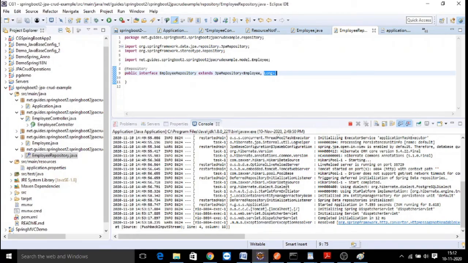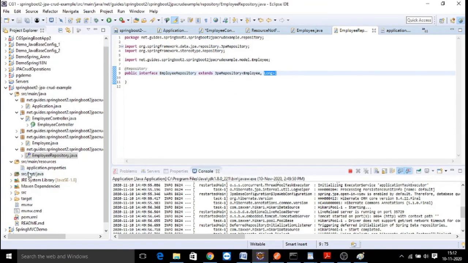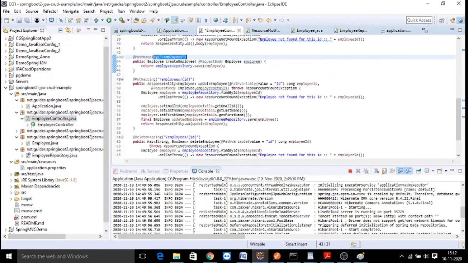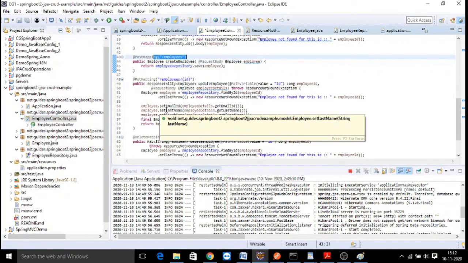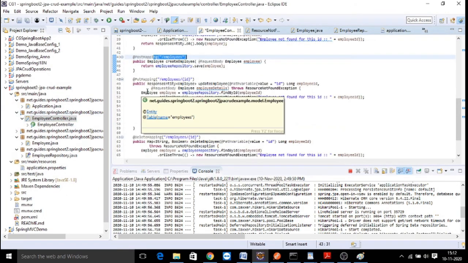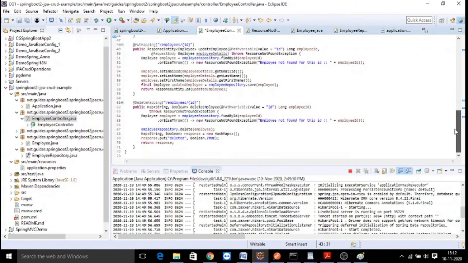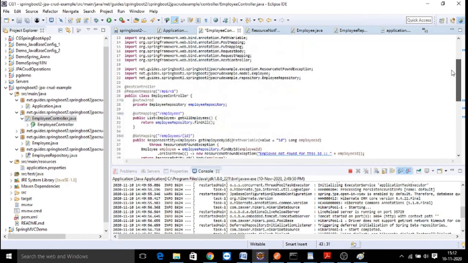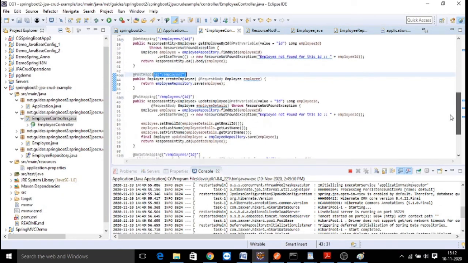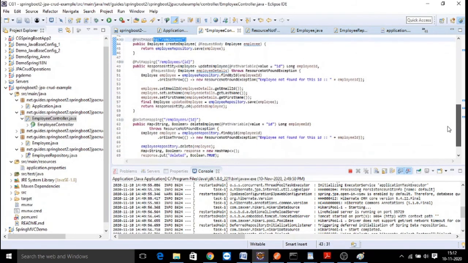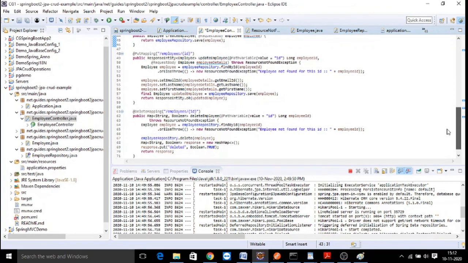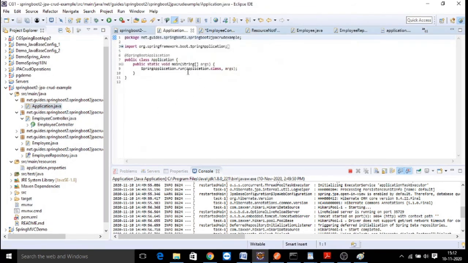This is how you can perform all operations: addition of your employee with a post request, updating of your employee by using put request, deletion of an employee with a delete request, and get request for loading of the data. So in the controller part, there is no change. As usual, you will use request body, response entity, and your mapping methods like put mapping, get mapping, post mapping, etc. And there is no change in your Spring Boot application.